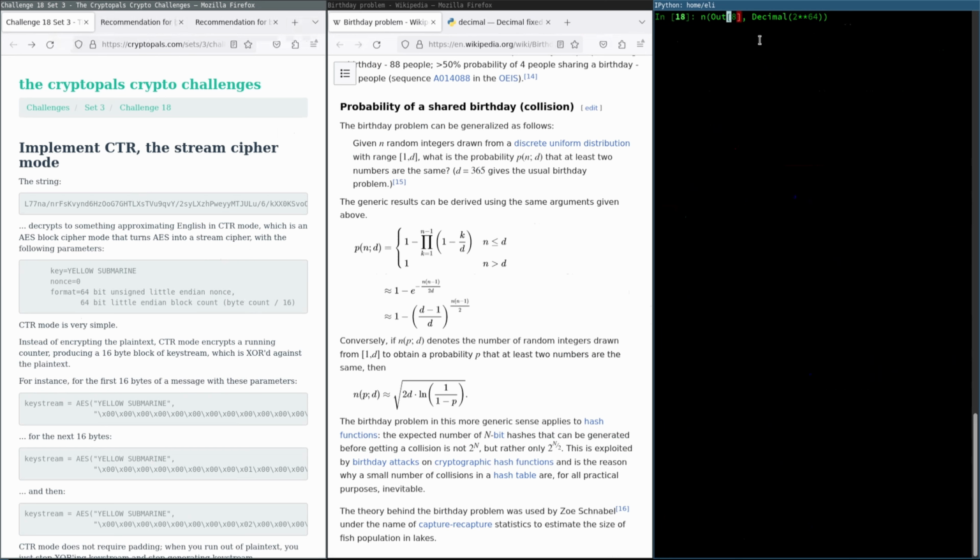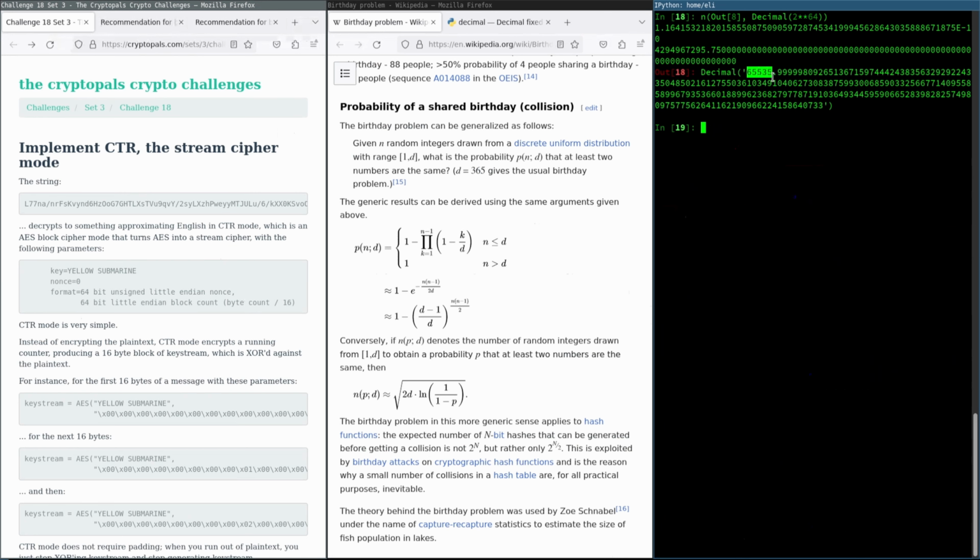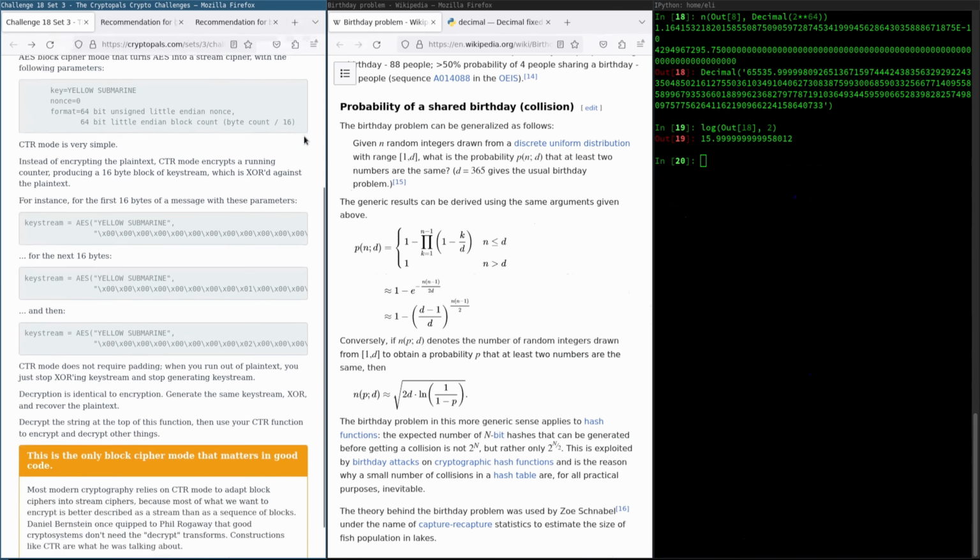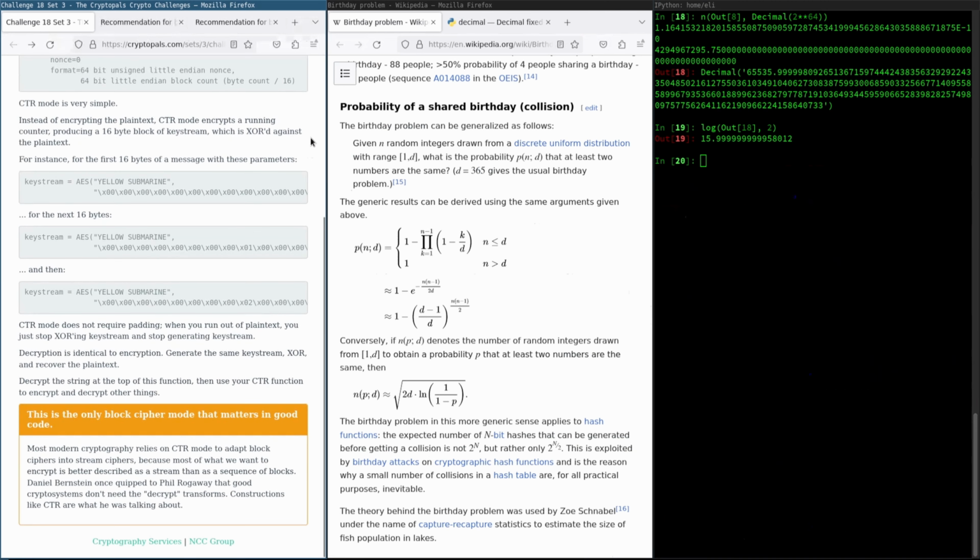And let's remind ourselves, if we want our counter mode encryption to have the same probability of collision as we deem acceptable for GCM, this is the maximum number of nonces that we can generate before we exceed that probability. And here it is, 65535.99999, which of course you probably already know, but let's just do it. That's 2 to the 16. 2 to the 16 calls to your cipher before you exceed the GCM probability of collision, before you become strictly